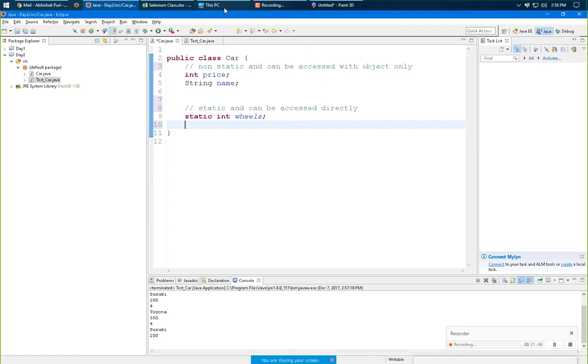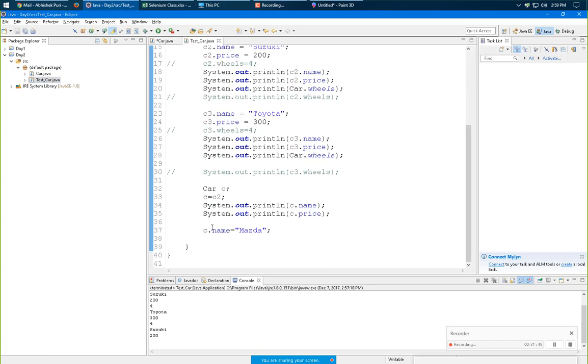Now, in this test car, I just allocated the object of C2 to C. We can do many things with it. I passed name is equal to Mazda in C. Now C and C2 are sharing the same object.